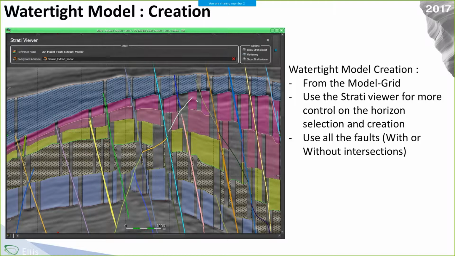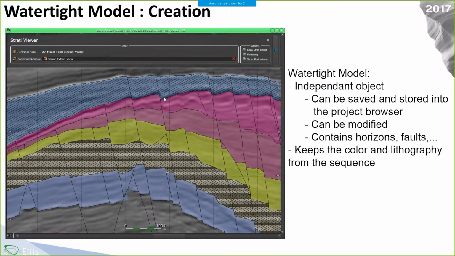First of all, how do we create this watertight model? It is based on our StratiViewer. As you know, with this StratiViewer you can create a sequence stratigraphy, or a sequence, thanks to the 3D geo model. Thanks to this model and all these layers, which I show in blue, purple, yellow, and the faults, we can create a watertight model with the management of fault and horizon intersections. We just switch from this model, which comes from the geological time model, to this model with the exact truncation of the faults and horizons.